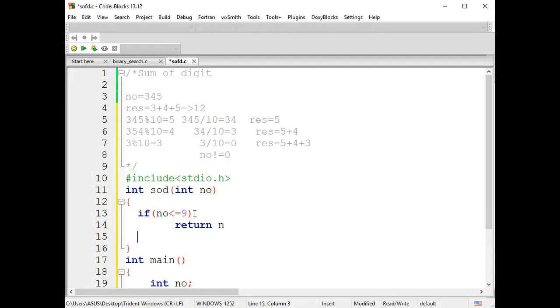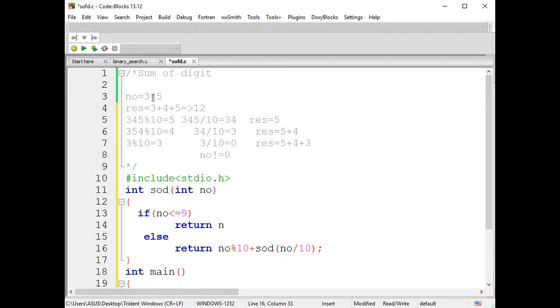Else, you can put the statement by using else or without else. Both are going to be the same. Else, you're going to make a function call again, sum of digit. Here, what I told you, you're going to make consecutive divide and modulo of a number. Sorry guys, it should not be in sum of digit; directly you are supposed to write number modulo by 10 plus sum of digit of number divided by 10. Is that clear?